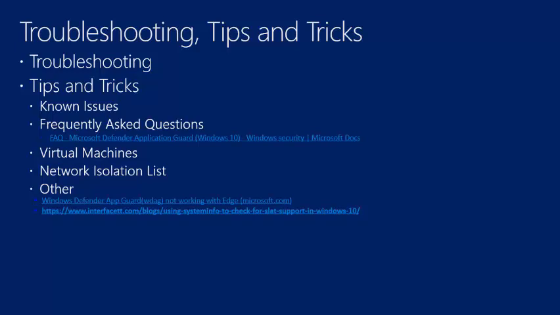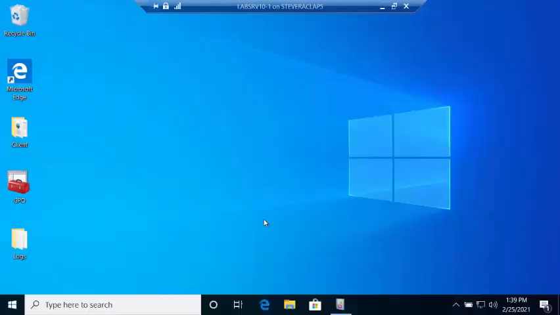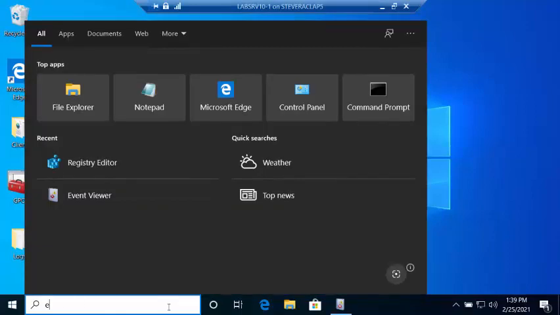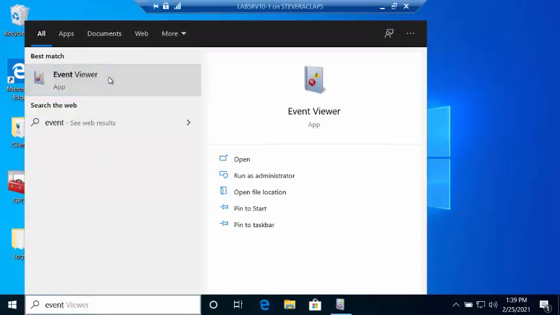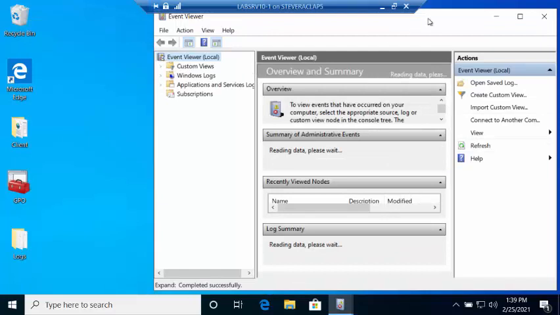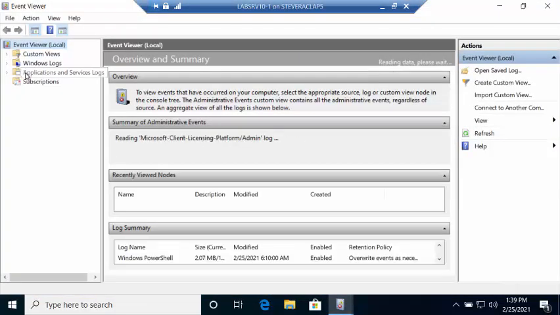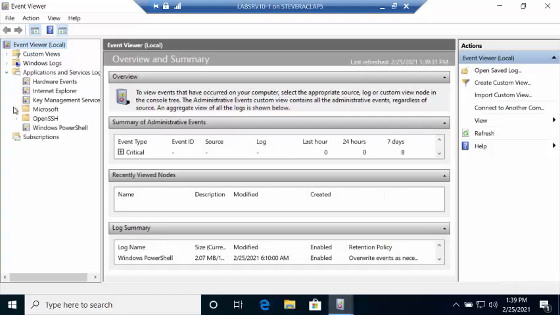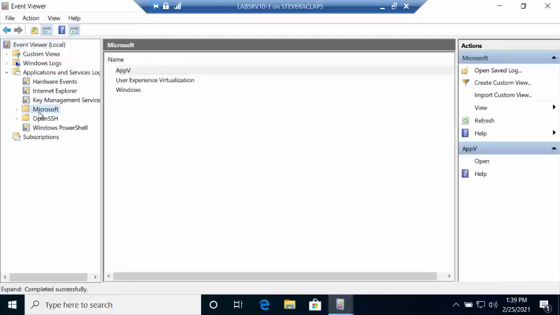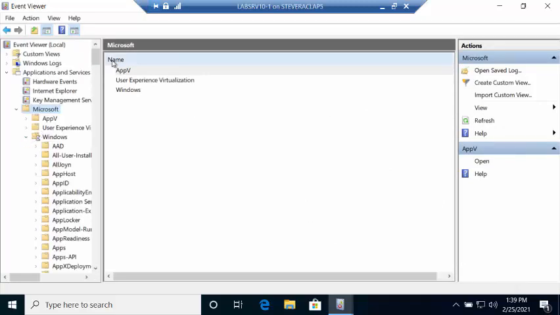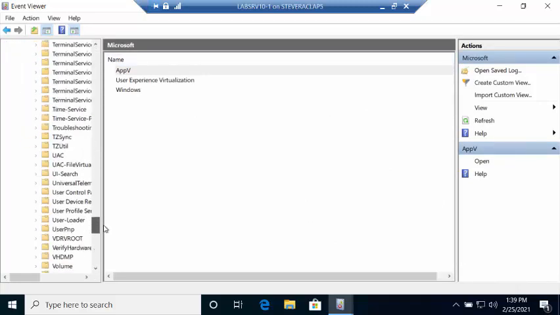So I've shown that to you a few times. And then let me bring the virtual machine back in, because if you're having continued trouble, the event logs that we provide for Application Guard can be very, very helpful. You're going to find those under Applications and Services, then under Microsoft, and then under Windows. If you scroll down to the bottom, you're going to see 5 WDAG